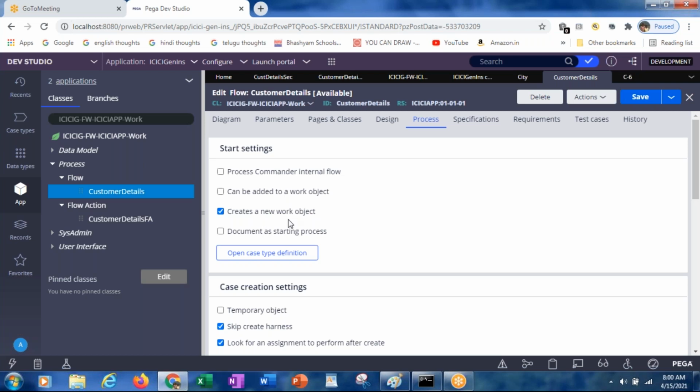And later, how is this data saved into the database? In which database is it saved? Whether we can see that information or not, all these things we can see by going to PostgreSQL. As I said, when you install the Pega software, the PRPC is installed on your system, and along with that it is going to create one database in the RDBMS.